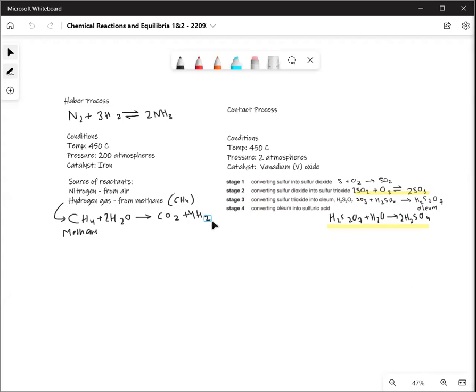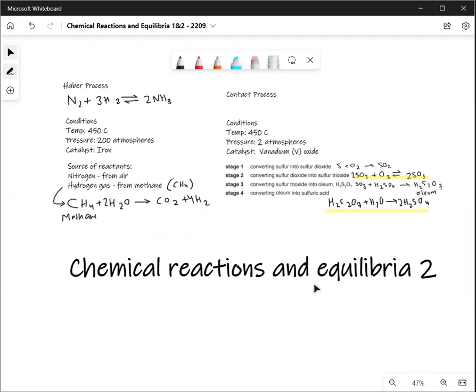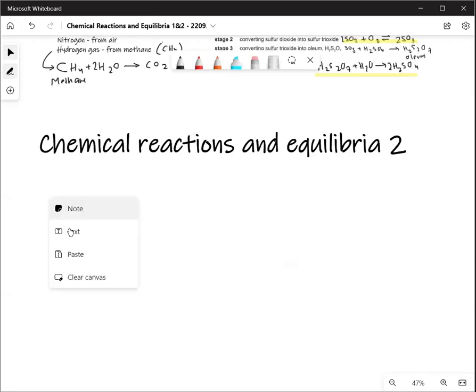We're studying IGCSE chemistry and we're starting chemical reactions and equilibria 2. I will revise everything we did in the last class and learn new things. Now, the main focus of this class, the agenda of today's class is